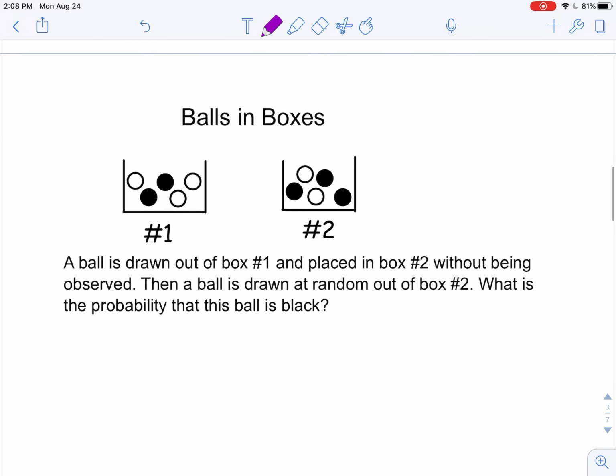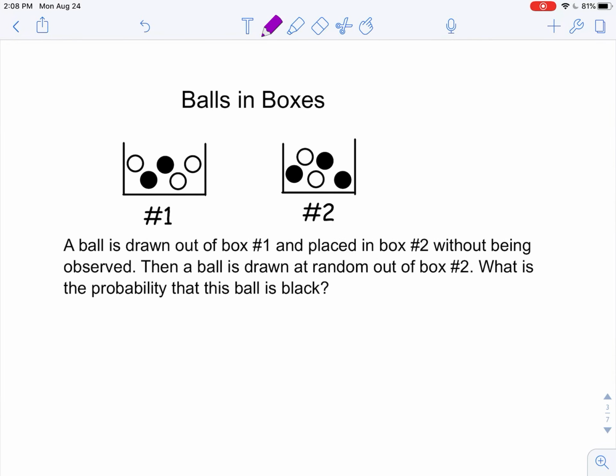Another way to do a 2-stage experiment, of course, is to take a ball out of box 1 and then throw it into box 2 without observing it, and then we're going to draw a ball at random out of box 2. What's the probability we get a black ball now? Well, again, it kind of depends on what happens with that first draw. So again, we can make a probability tree,